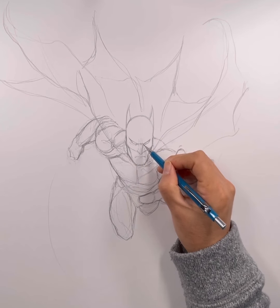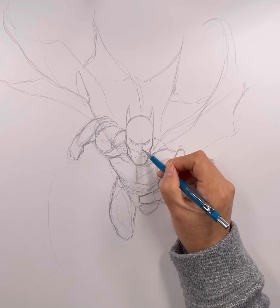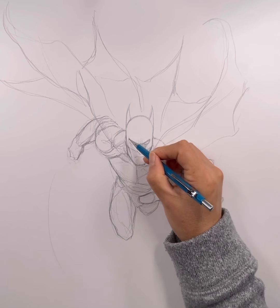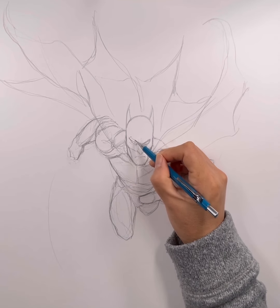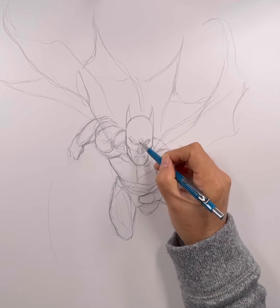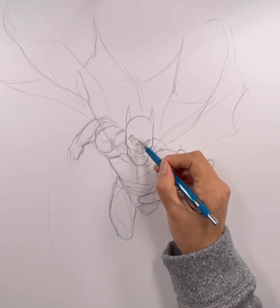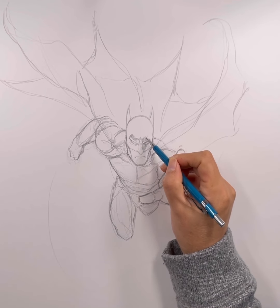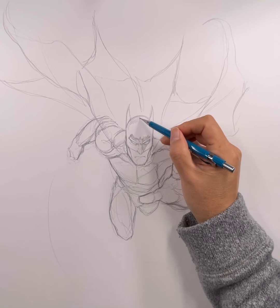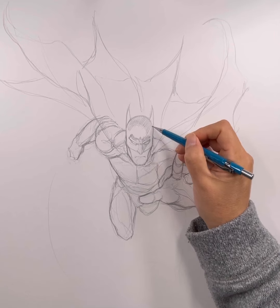So instead of drawing the shadow like I originally planned to, I decided to give it a little bit more of a dynamic flair by having the light source from the lower left-hand corner. So the light is shining from upward. So the shadow will be cast on the top of the figure. So that dramatic light source, that dramatic lighting, was basically inspired by